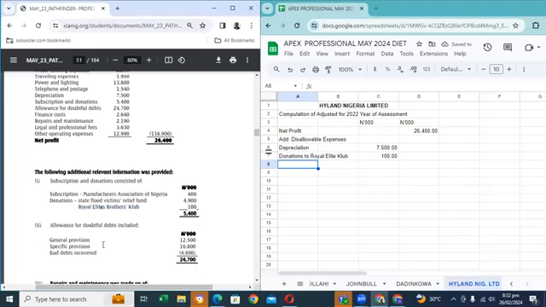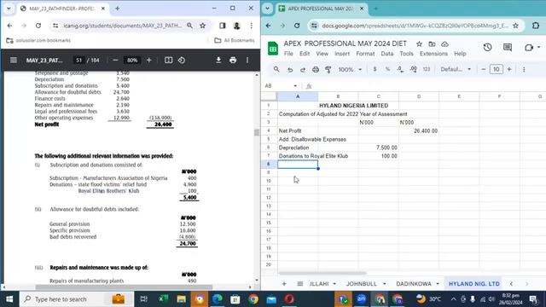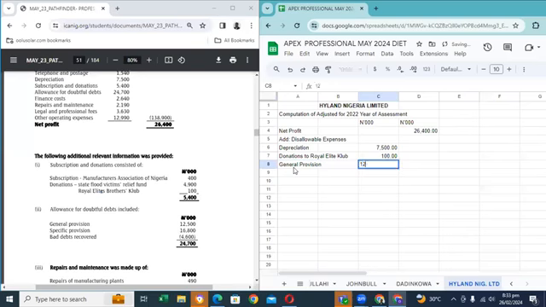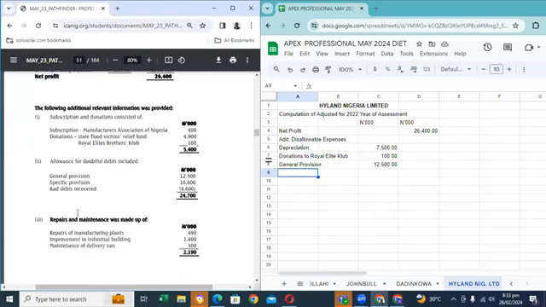The next thing is allowance for bad and doubtful debt. General provision is disallowed. 12. Specific provision is allowable. Bad debts recovered is a taxable income, is an income, right? Then the next thing we have is